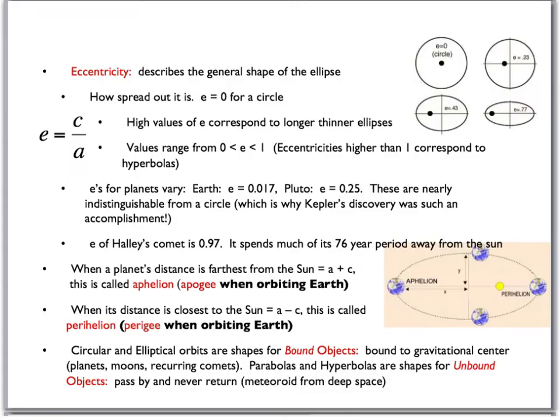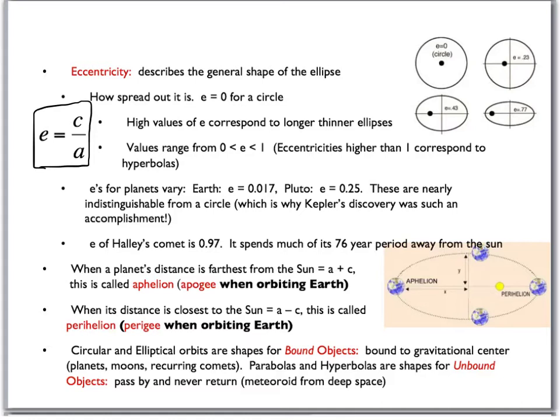Another bit to understand about an ellipse is the idea of eccentricity. Eccentricity really just describes the general shape of the ellipse, how spread out it is. E would be equal to 0 for a circle, and we can see the equation for eccentricity here, and that's equal to c over a. So for a circle, it would be equal to 0 because there wouldn't be any distance c from the center to the focus. But when we look at high values of E, that would correspond to much longer,